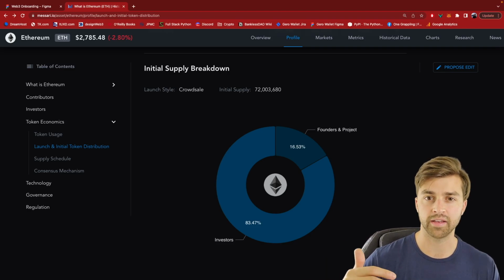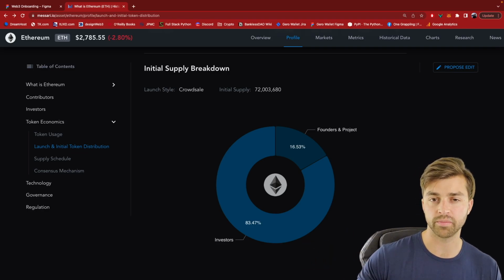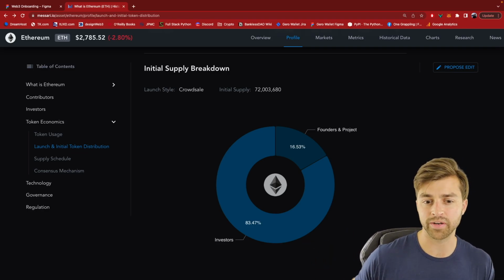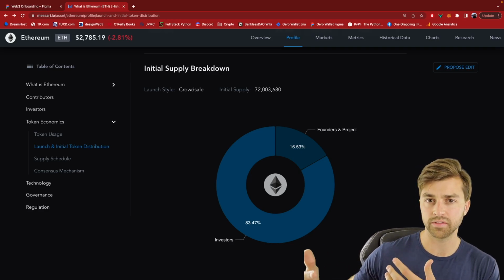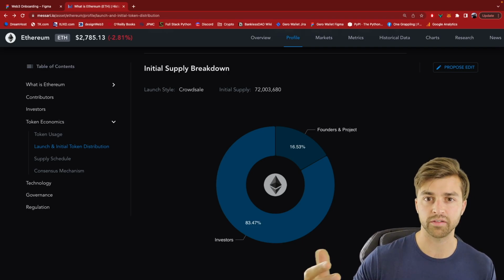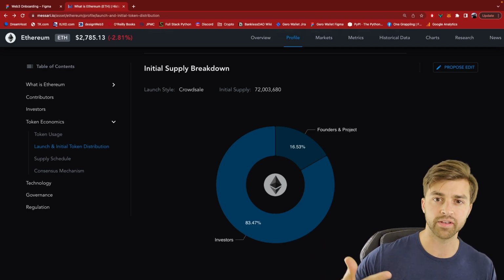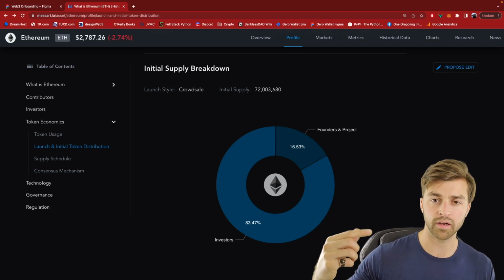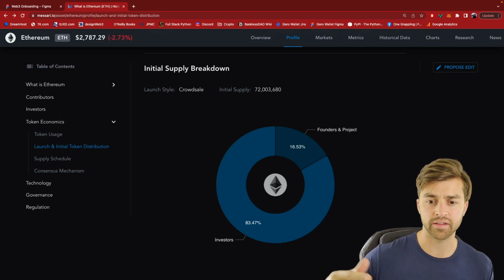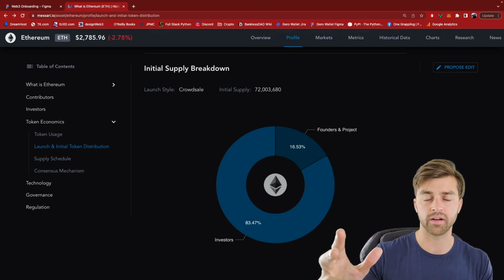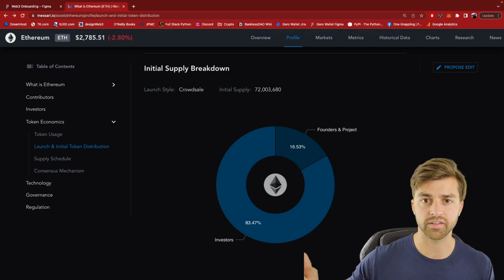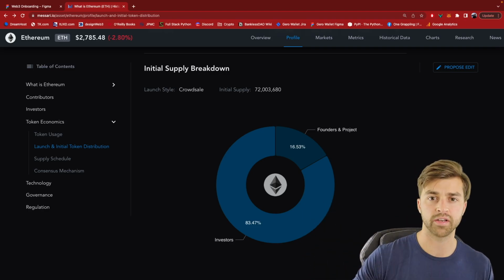So if anyone can deploy a token to the blockchain, then anyone can create a website, create a white paper, and they can hype it on social media. And even if they have no intention of following through on this project, they can still generate demand for their token, and that increases the token price on people speculating on it. And then the founding team, or really the scammers, can then dump their token supply on the network. They can sell as much of it as possible to extract all the value out of that token.